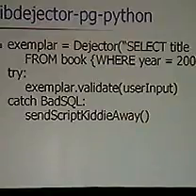Step 1, instantiate a dejector object using the bracketed exemplar query that you already came up with. Then, prior to sending any query that a user submits onto your database, you call the .validate method. If that method raises an exception, then guess what? You've just caught an injection attempt, so handle that in whatever way you best see fit, and you're done. 3 steps. That's all.